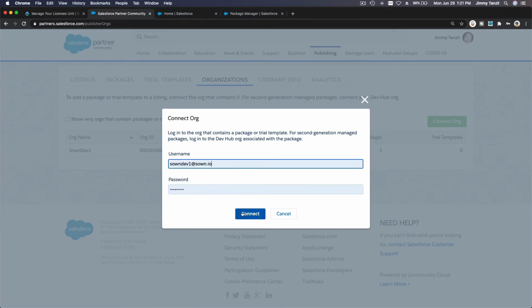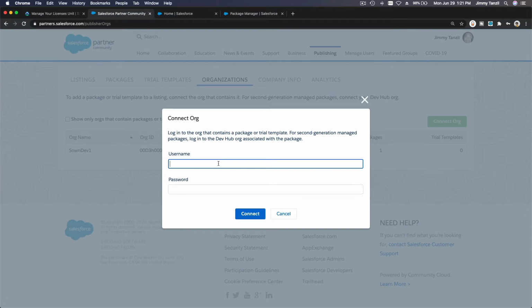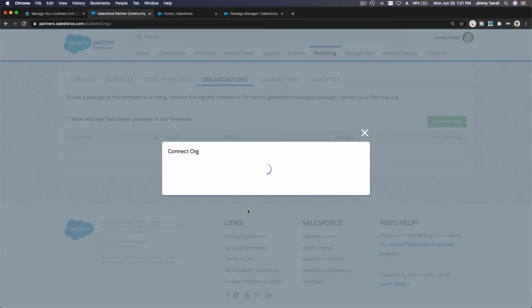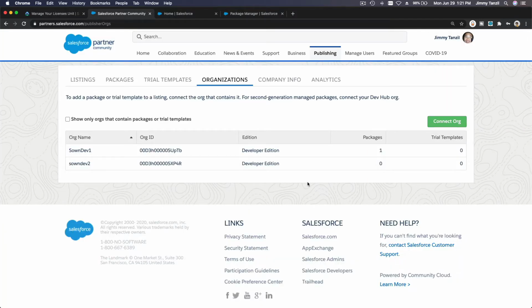And then hit connect, and then this will just bring up this guy here, Zone Dev 1, right? Let's do Zone Dev 2. For example, if I want to do Zone Dev 2, my password is like that. Now we have Zone Dev 2 connected,